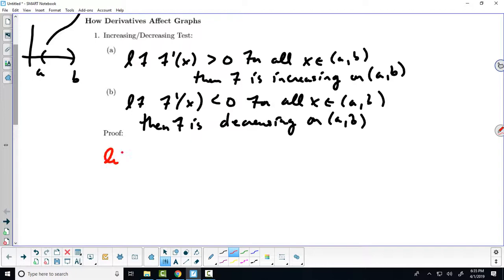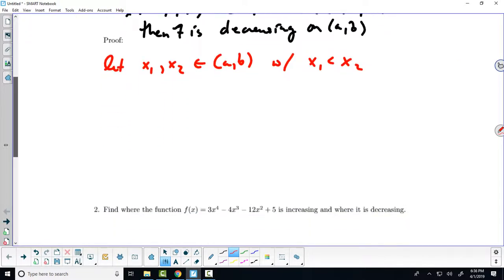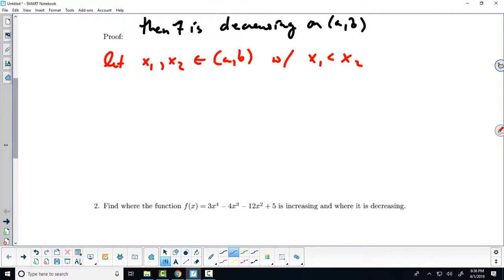Let's pick two x values. Let's pick x1 and x2 in that interval (a, b). So we're picking two arbitrary x values in that interval. We need an order to them, so let's just say x1 is to the left of x2. These x1 and x2 values are arbitrary. I just picked them out of a hat, and I'm just ordering them, putting one to the left, one to the right. So by the mean value theorem,